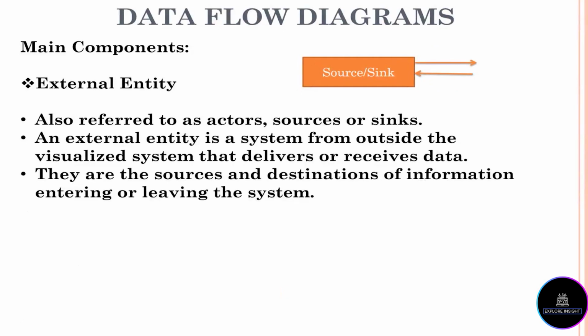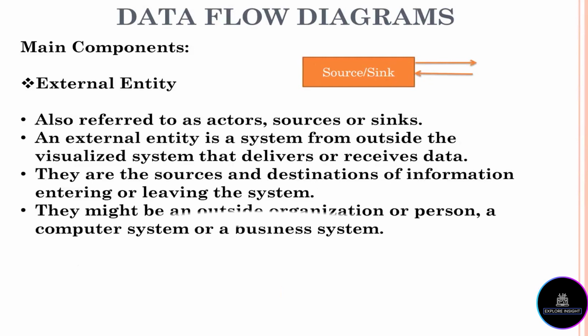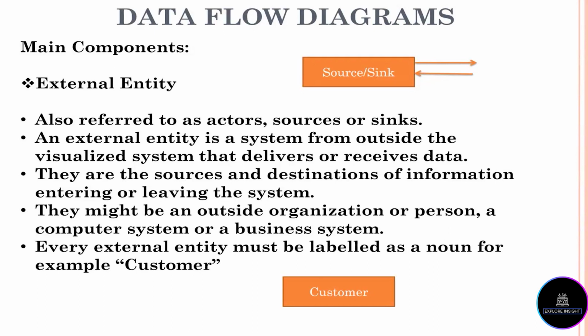Now, they might be an outside organization or person, a computer system, or even a business system. Remember that every external entity must be labeled as a noun. For example, we have customer,